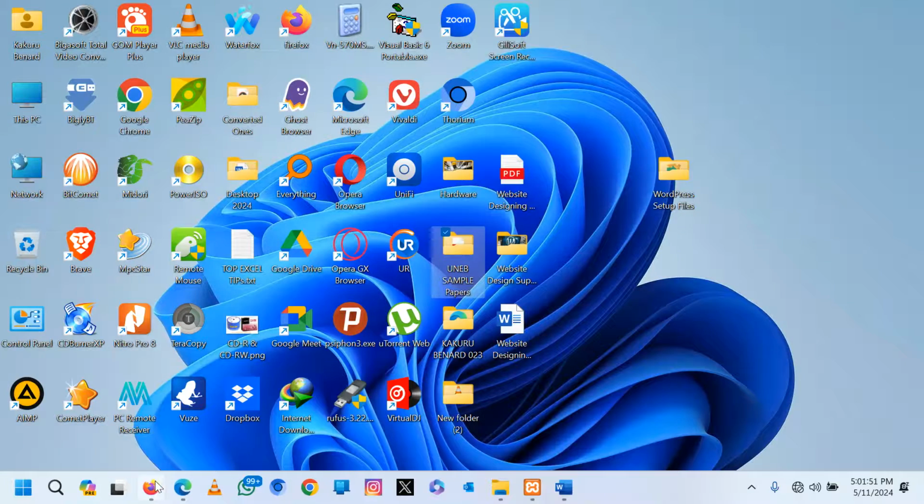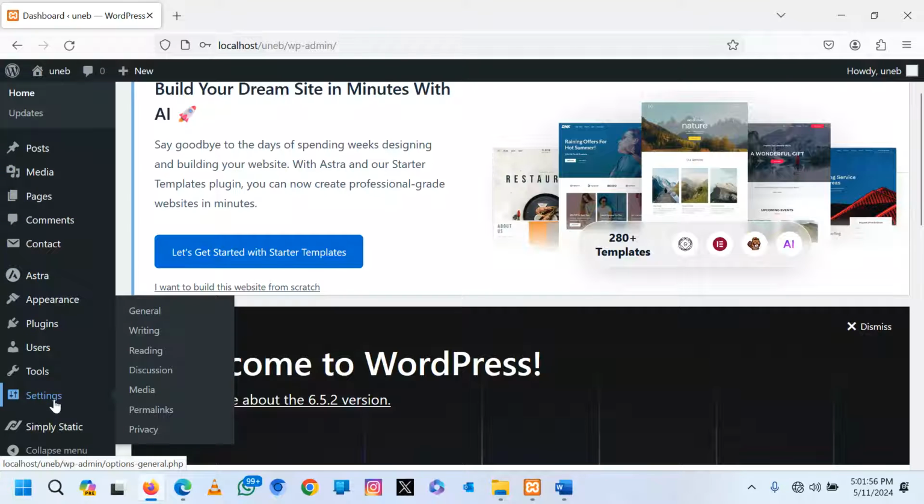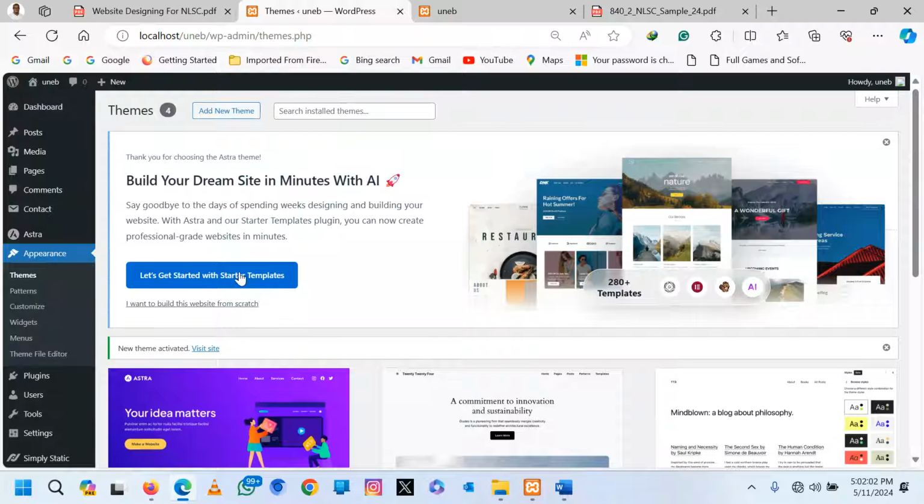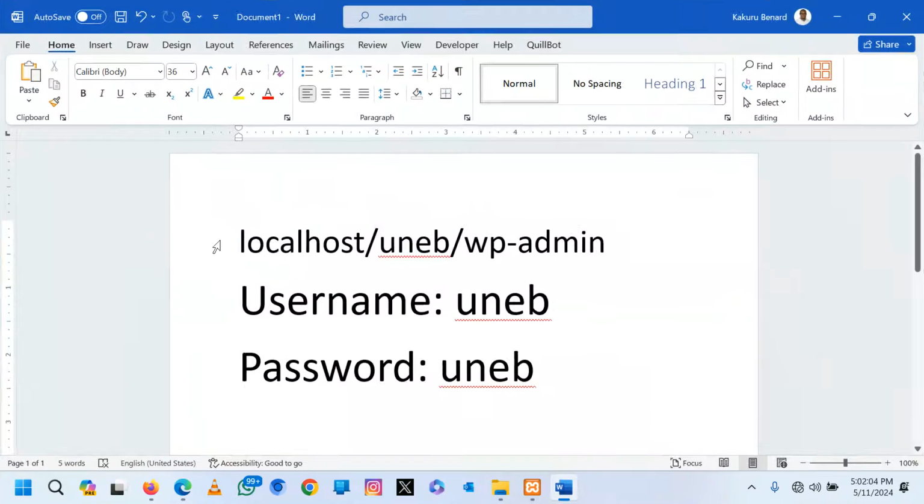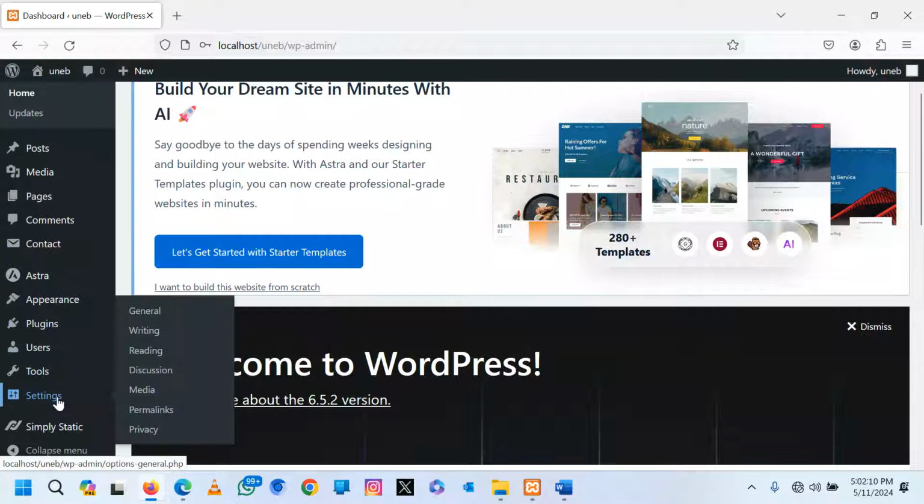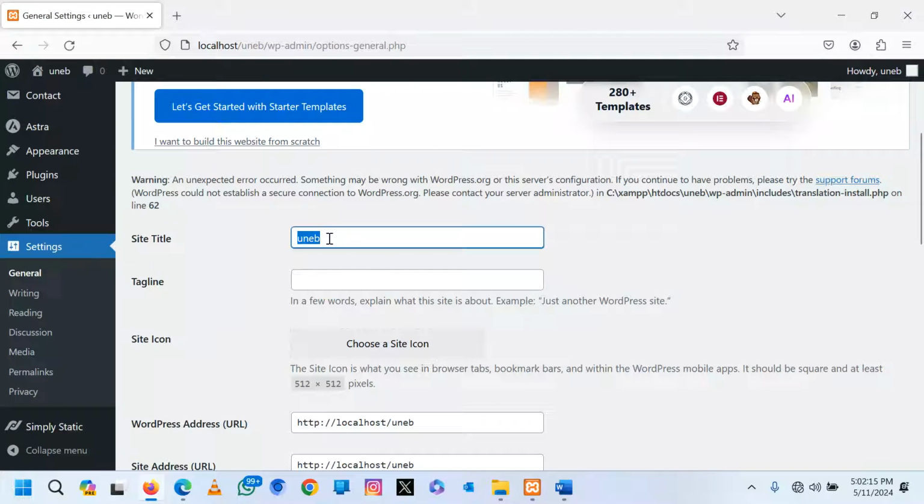So I will come in my browser here, I come to settings, me as a student now, because the teacher has done his work of setting up the platform. The student logs in from here, username and password, and then comes to settings, goes to general. Under general, site title, instead of uneb, I will give it my name. I will give it the name of the site I'm developing, Excel Secondary School. I can put a tagline, my motto. I can say